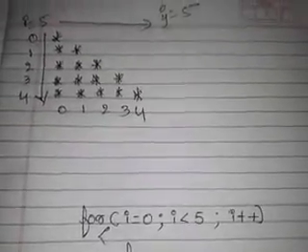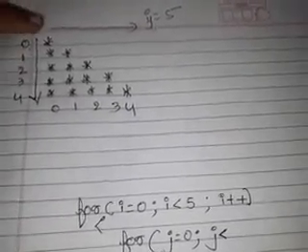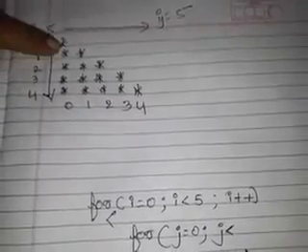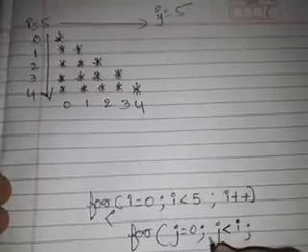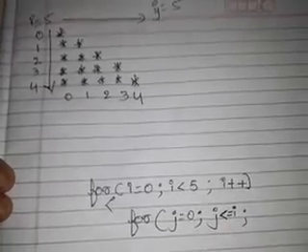Next, I took the number of rows now. Next I need to take the number of columns. What I have to do? j is equal to 0. j less than, what I have to take? See, for example, for the 0th row, I have an asterisk for only the 0th column. For the first row, I have an asterisk only for the 0th column and the first column. In the sense, you agree that j should be less than or equal to i? Agree with me?